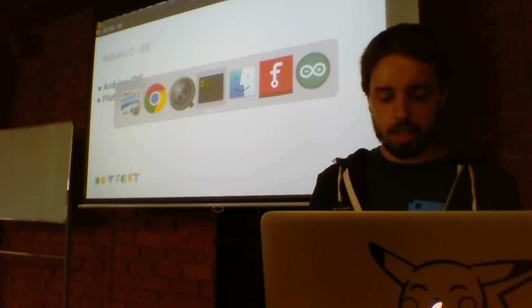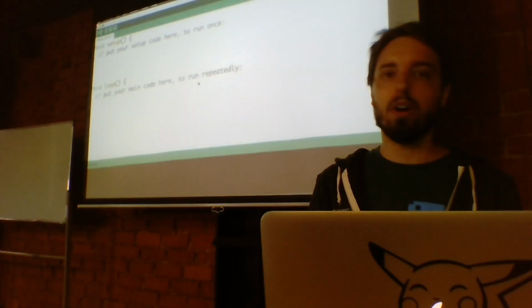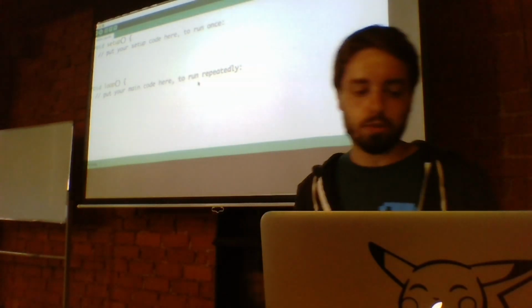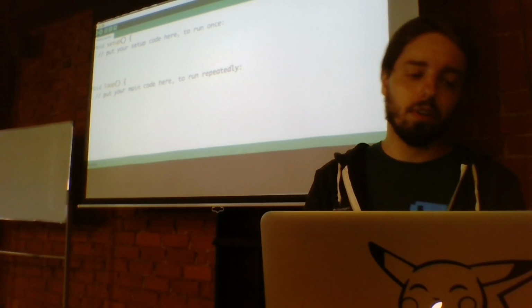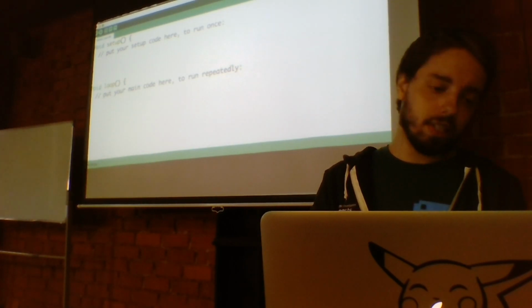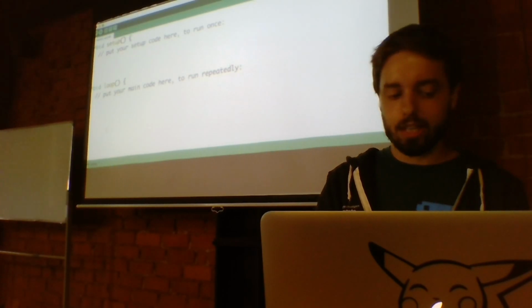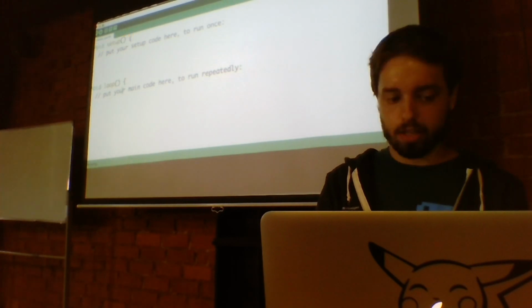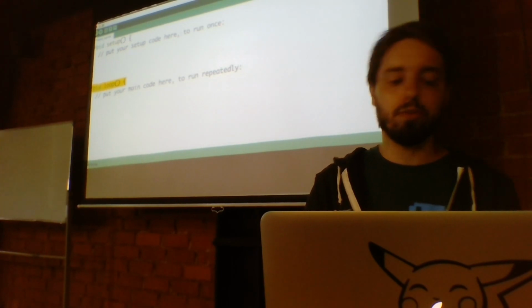The Arduino IDE was initially made for the Arduino microcontroller, but you can connect many different microcontrollers because it's extensible. So the first thing you have to do is File, New Project, and it will generate this file. In this file, you can see you have two methods: a setup method and a loop method. This is the Arduino contract, so you have to implement those methods.